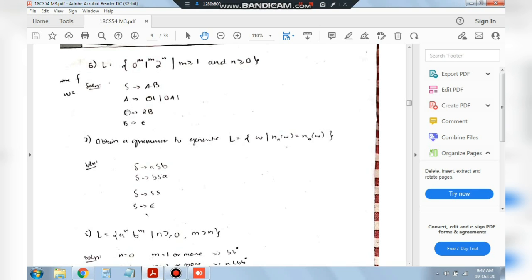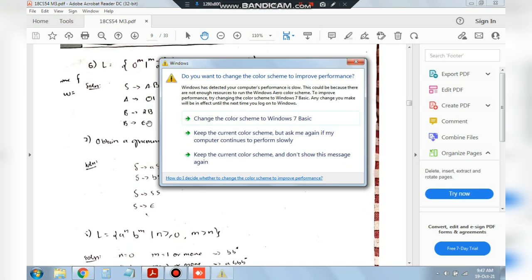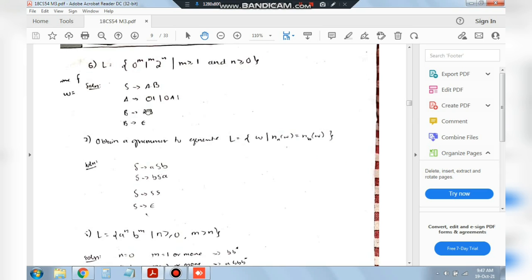For this one we will be writing b goes to 2b, because 2 can be generated n number of times, right? So that will be continued with b. Okay, 2 power n means 2, it can be 2 2 2 2 2 2, like that n number of 2's can be there. So we'll be writing b goes to 2b. So after 2 I can either have epsilon, or if I want to continue I can continue with 2b, 2b only. And these are the rules for the two parts a and b, and finally we'll concatenate them with s, so we'll get s goes to ab, and a and b are defined here.